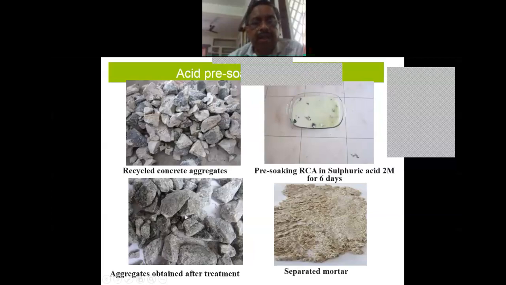To evaluate that percentage, only you can use it and compare with the different methods. So you can take this as a laboratory test to find what mortar adheres to your aggregates. If it is a low strength concrete, then you will have a higher mortar content, and if it is a high strength concrete, you will have a lesser mortar content, because if you take a